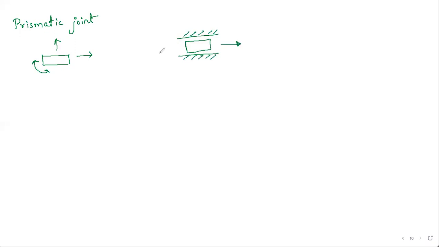So how many degrees of freedom are blocked here? Only 1 degree of freedom is present here. Earlier 3 degrees of freedom were present. After connecting it, 1 degree of freedom is present. 2 DOF are blocked. So due to a prismatic joint also, 2 degrees of freedom are blocked. Okay, if there is a prismatic pair, it means 2 are blocked. Remember that. Done. Next we go to higher pair.